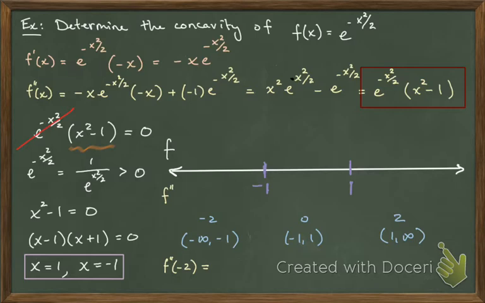I don't really care what happens when I plug in -2, that's going to be positive, and I can handle that ahead of time. I've got a positive on the outside with this exponential, and the rest, x squared minus 1, does depend on what I plug in there, but plugging in a -2 gives me a 4 minus 1, and that's going to be a positive quantity. So the second derivative on the interval from minus infinity to minus 1 is positive,